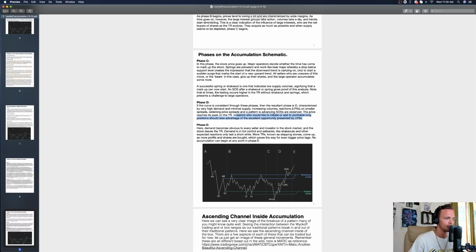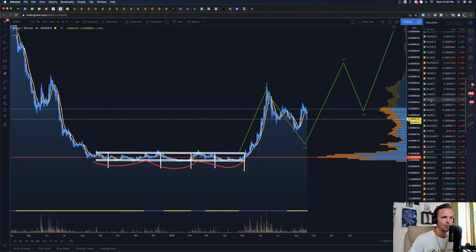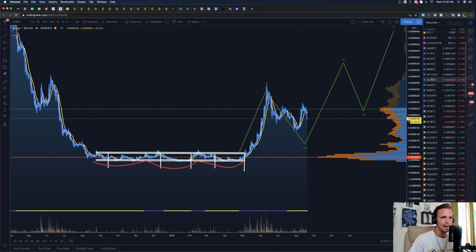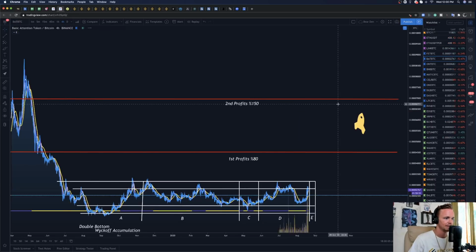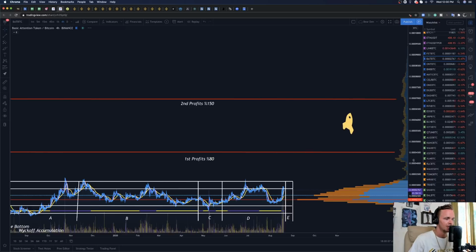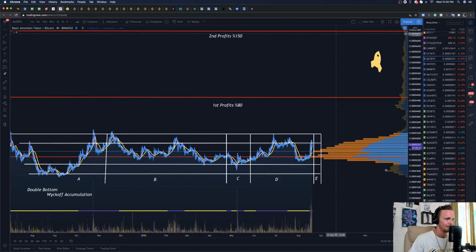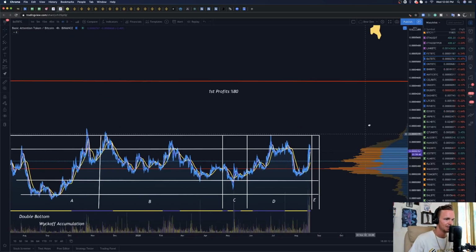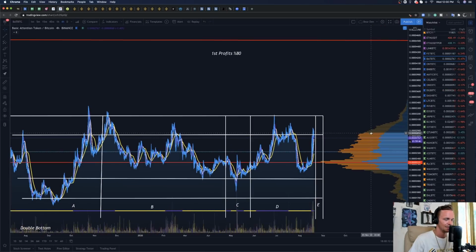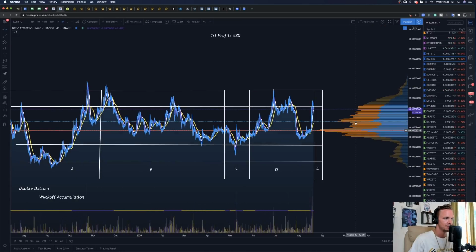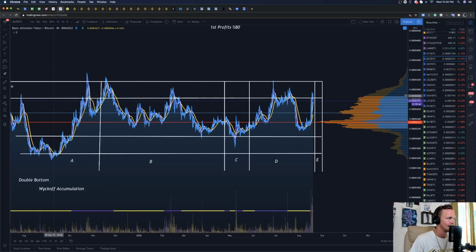So let's go back and do one more example here, and let's use BAT. We'll use BAT as an example because it's one of the plays we are currently in. So here we see phase C, spike down, right? So here's the kicker too. This is why you spend a month or 2 months building a campaign. You don't all just buy it once. Here's the spring down, and then here's the change of character. And then one more final LPS on BAT.